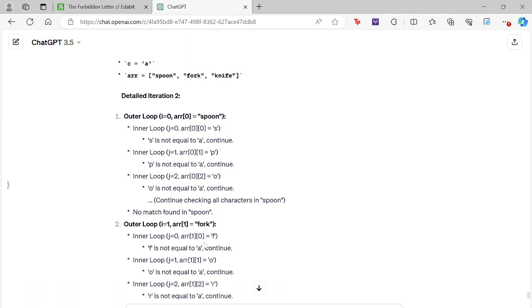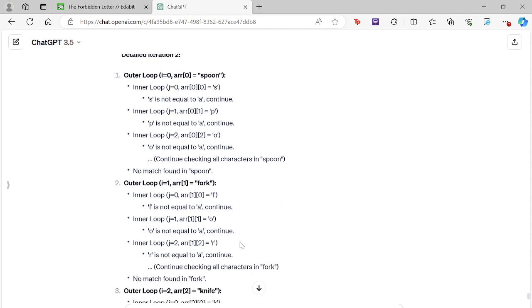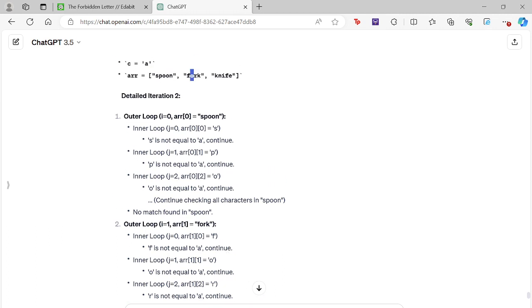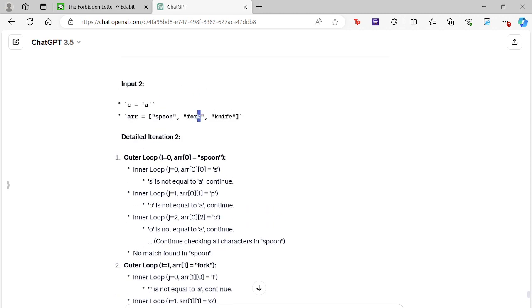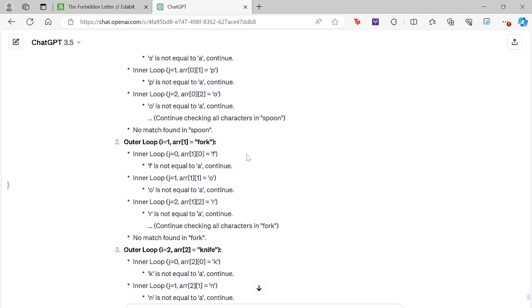Then we check again, R1, I 1, and J 0 is equal to F, so no. And then R1 and J 1 is O, which is not equal to A, so we continue. And then J 2, which is R, is not equal to A. So again, we go to the next one, and K does not equal A, so we did not find A yet. And then knife,